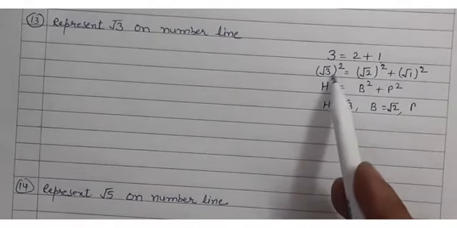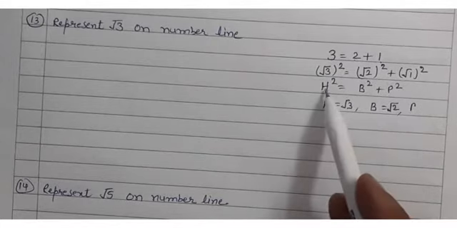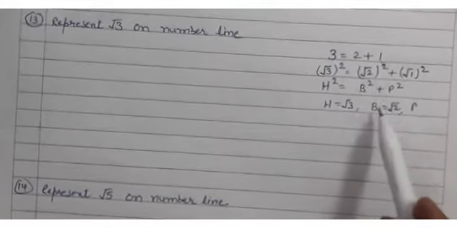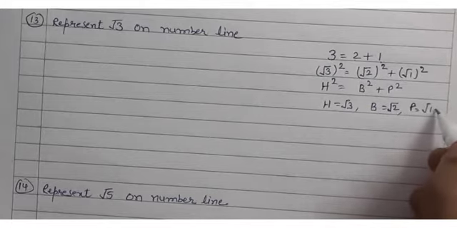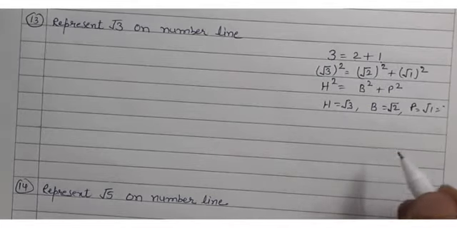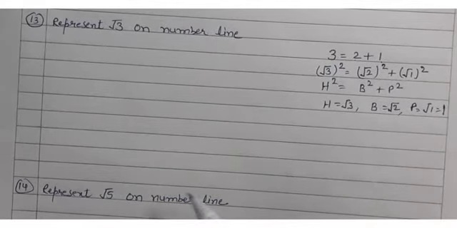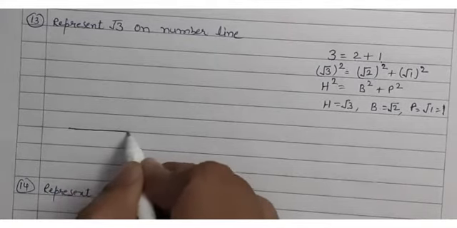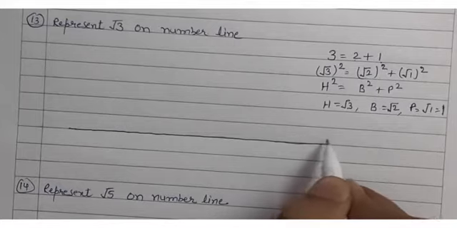Then I am going to compare it by a Pythagoras formula. That is h square is equal to b square plus p square. Now on comparing, what? H will be root 3, b will be root 2, and p will be root 1. Root 1 can I write 1? Okay. Now what I am going to do, I am drawing one line here. On number line I am drawing one line and taking